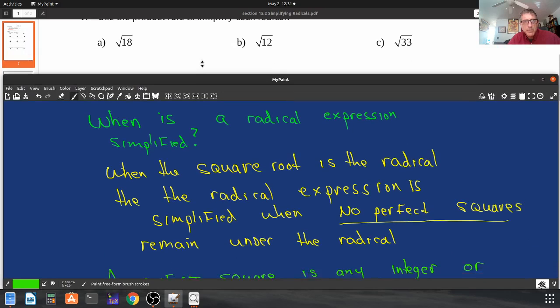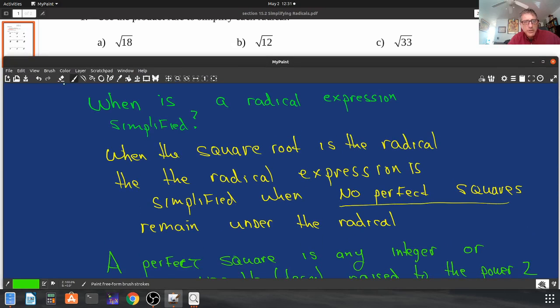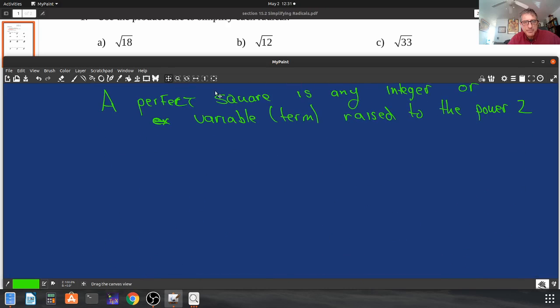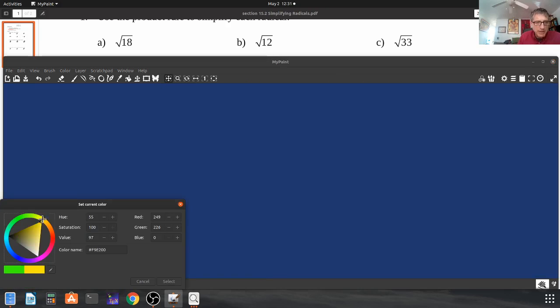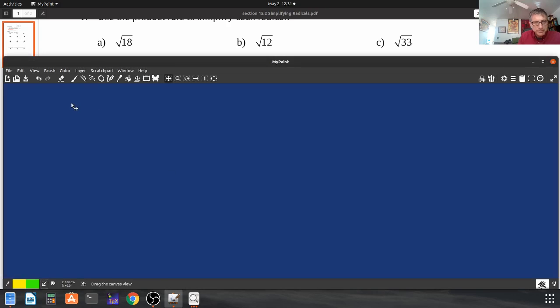So we're going to simplify the square root of 18. So this is what you do. Somehow you have to discover if 18 is the product of any perfect square. So one way to do that, one way, you may know it already,